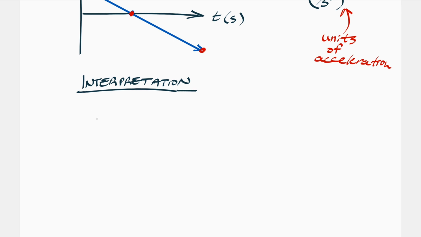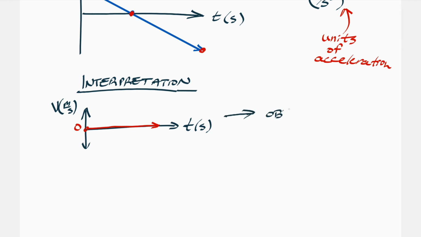Specifically, let's say that we have a flat line on this axis right here. I should just draw the arrow that way. So we have v versus t, v in meters per second, t in seconds. Now let's say that we have a straight line right at 0 meters per second. What does this mean? The object is not moving,